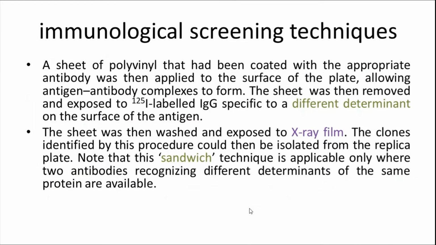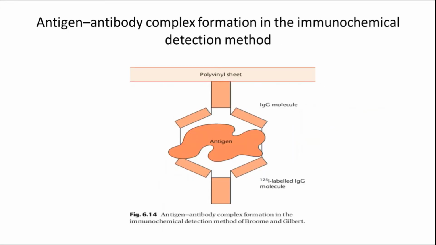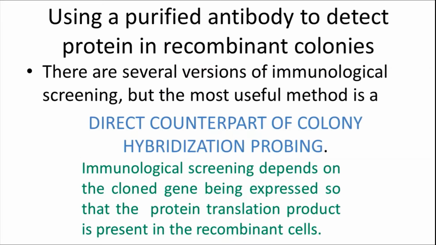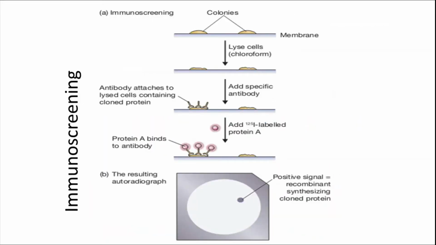First, let us go through the explanation, and then you will understand easily. This is the basic concept of immunological screening, so listen carefully. These are colonies, where we are going to identify recombinant or non-recombinant, and these colonies contain the expressed protein, the specific expressed cloned protein, as an antigen.